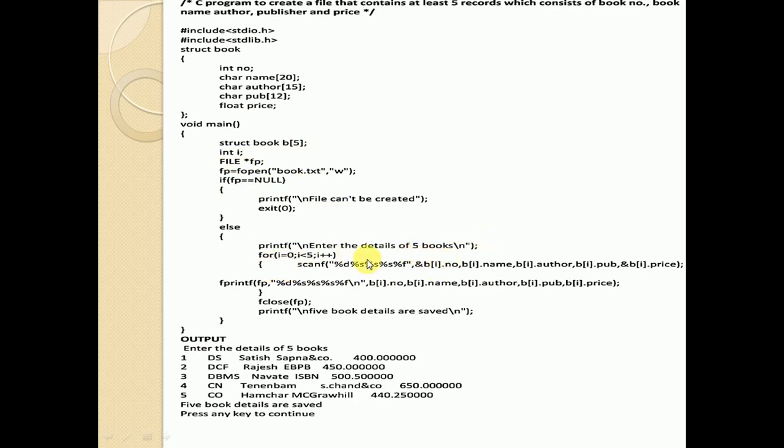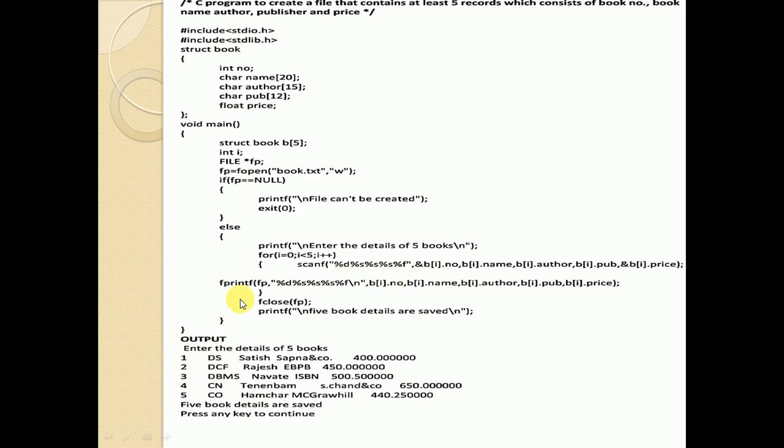Now to print those 5 records we are using the for loop. What will the for loop do? It will start taking the records from 0 to 5. By scanf we are inputting all these values. %d is for integer, %s takes string values, and %f takes floating point values.